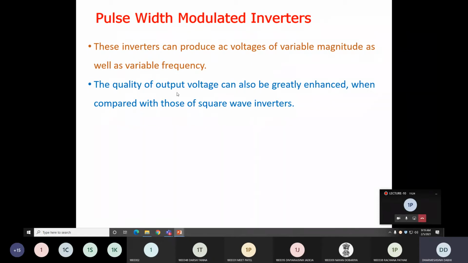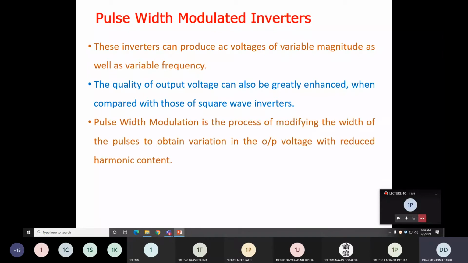As we saw first, we studied the square wave type of inverter, half bridge and full bridge inverter. That square wave contains a large amount of harmonics. Our ideal requirement is a pure sine wave. So how do we reduce the harmonics? That is again by PWM techniques. You not only control the output voltage, you can also reduce the harmonic content in the output voltage by this PWM technique, or this internal control method of the inverter.